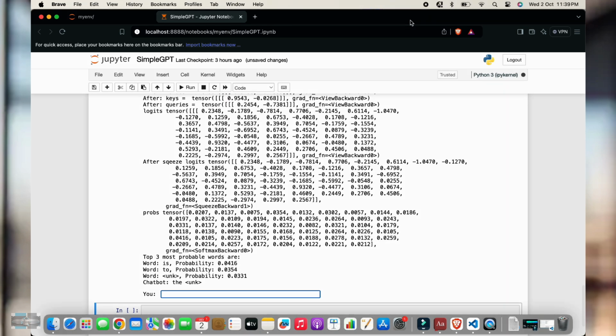And below that you can see logits. It is nothing but the response from the self attention class, and squeezing is nothing but removing the extra square brackets. The values will not change. And in the probabilities tensor, we are just converting the scores into probabilities. And yeah, we are going to pick the top 3 most probable words from this list, and just randomly pick one word from the list for the sentence response.